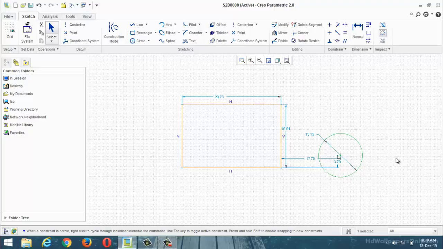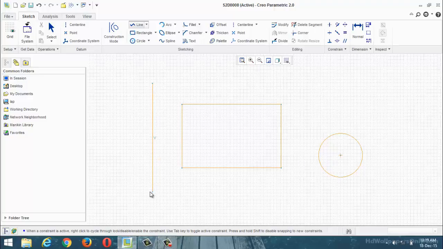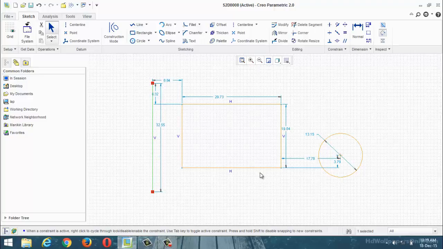Again next my requirement is, I am going to design one more line here. You can find out the distance between this line to this circular center point by using the normal option. Again you can create the extra dimension. The dimensions are classified into two types, weak dimensions and strong dimensions. The automatic dimensions are known as weak dimensions.